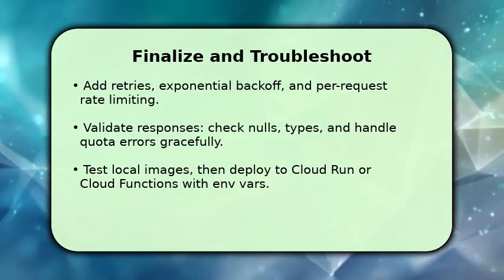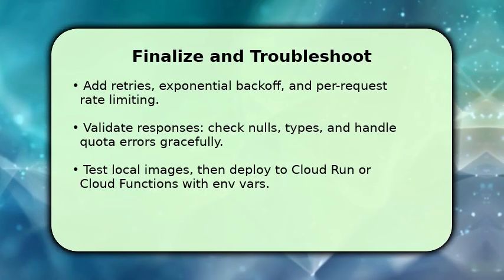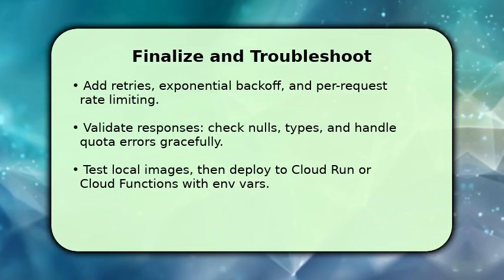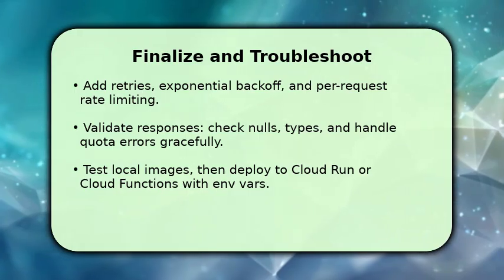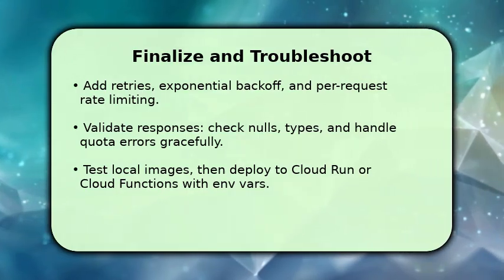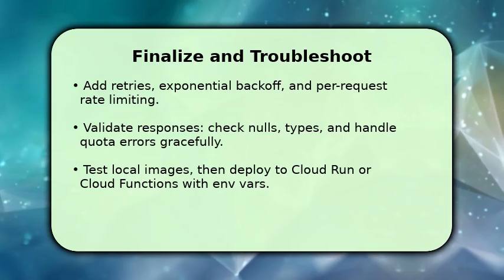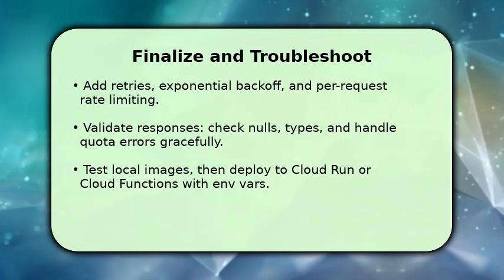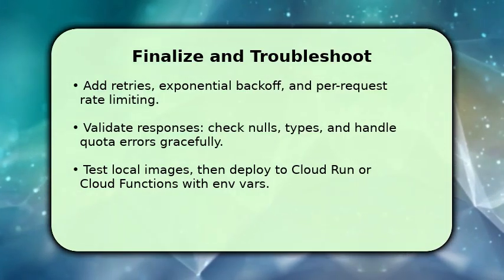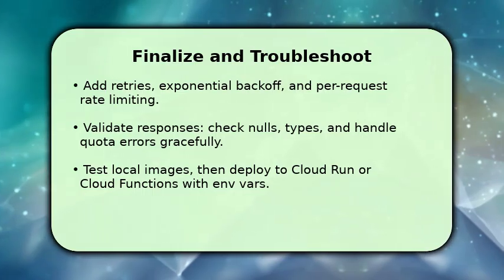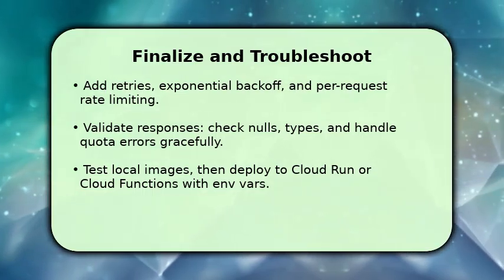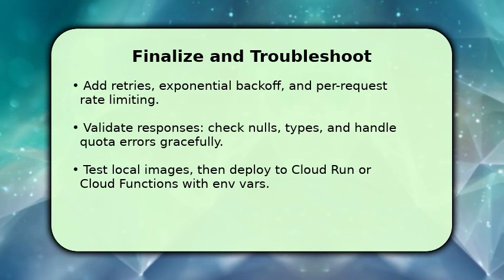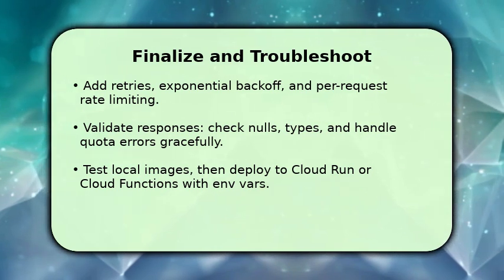Once done, validate results carefully. Check for null fields, unexpected types, and explicit error messages so you can fail gracefully. If deployment shows authentication or quota problems, confirm the service account key, project billing, and API enablement. Key troubleshooting tip: when responses are empty, verify the correct image bytes or gs:// path and ensure the API